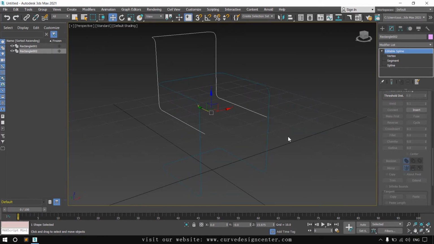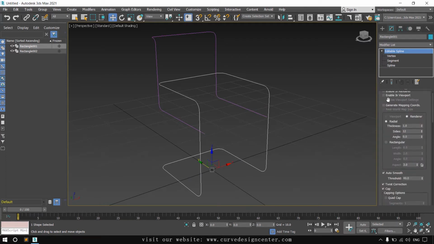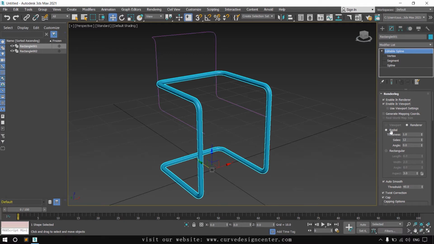Okay. Now we apply rendering options. Enable in the viewport and enable in the renderer, and make sure the thickness of this should be like 1.25 or 1.5.